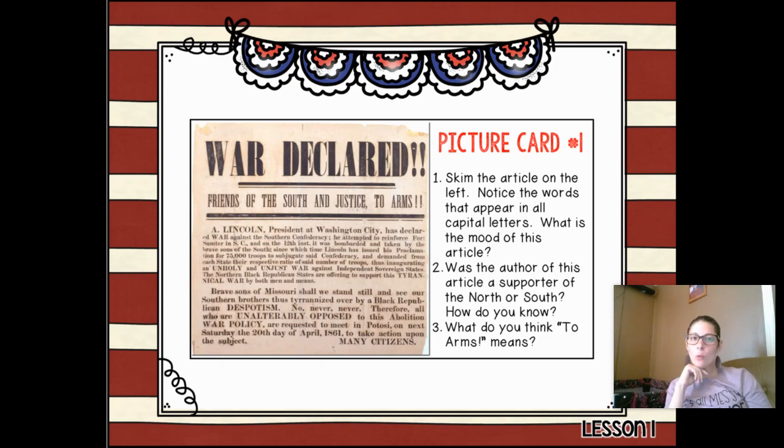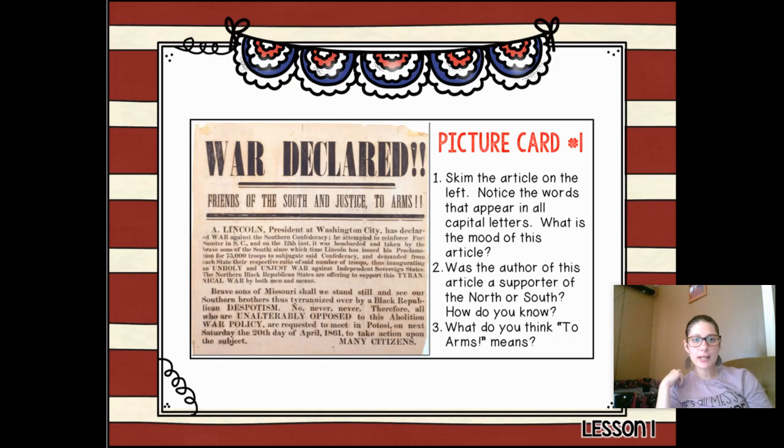Abraham Lincoln, president at Washington City, has declared war against the Southern Confederacy. He attempted to reinforce Fort Sumter in South Carolina, and on the 12th, I'm not sure what that says, it was bombarded and taken by the brave sons of the South. Since which time Lincoln has issued his proclamation for 75,000 troops to subjugate Confederacy. So that means Abraham Lincoln, the president, has collected 75,000 troops to go down to the Confederate states